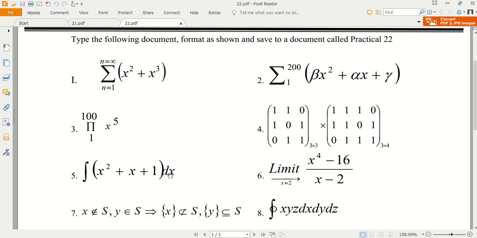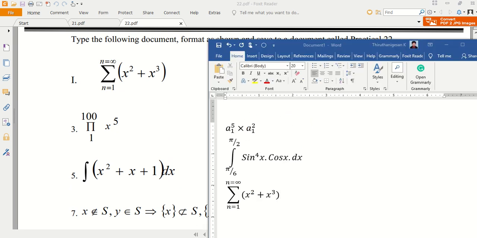In a similar way you can complete these equations also, but here is something new for you: matrices.